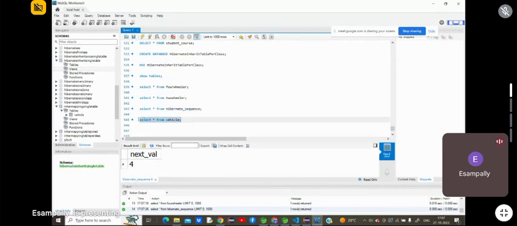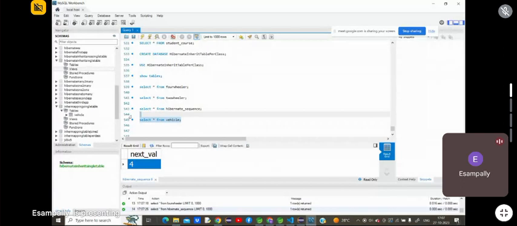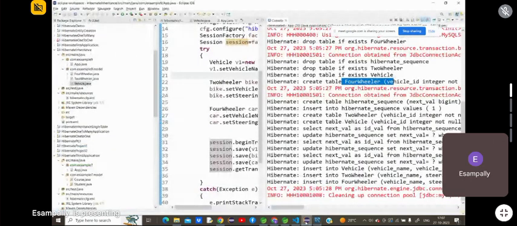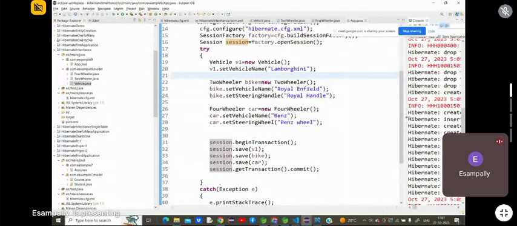Okay, am I clear? However many tables are created, accordingly the sequence will be maintained here. That's it, other than that, nothing else. So if you want all your tables to get created separately, then you can go ahead with table per class. But if you don't want all the tables to get created,